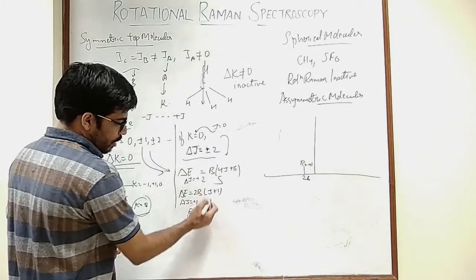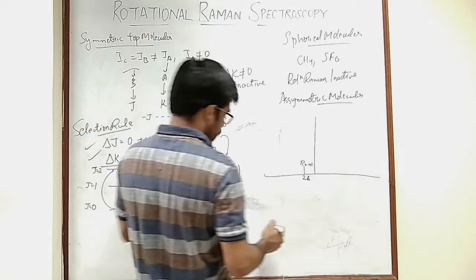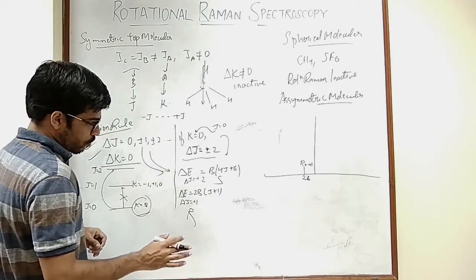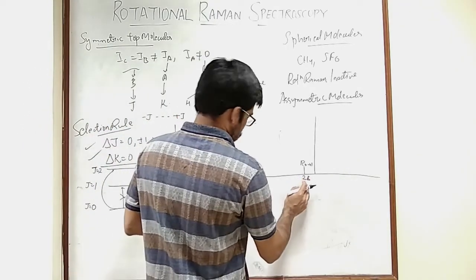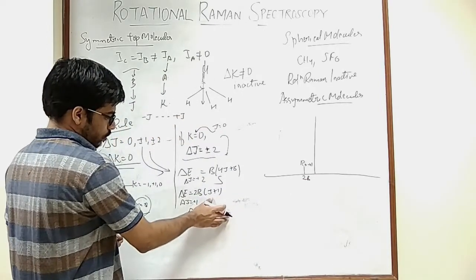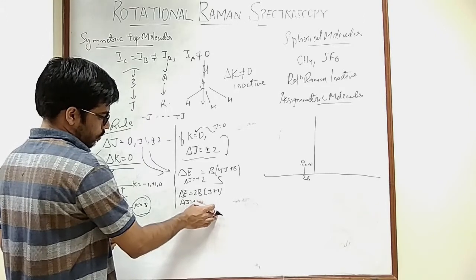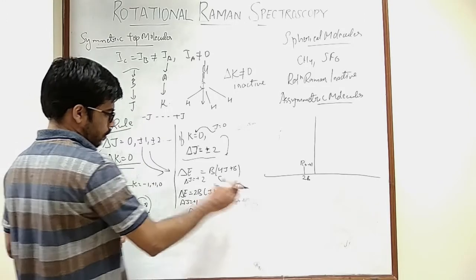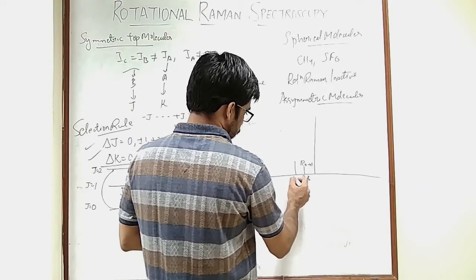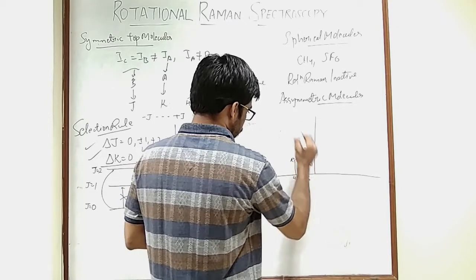The next is going to be at 6B. Do we have another value here? If I put 1 here, I get 1 plus 1, 2, 2 times 2, 4. So I have another line at 4B. I hope I am not making any mistake here. J equals 0 will have 2B. 2B(J plus 1) is fine. Okay, so I'll have another line at 4B, 1 to 2.